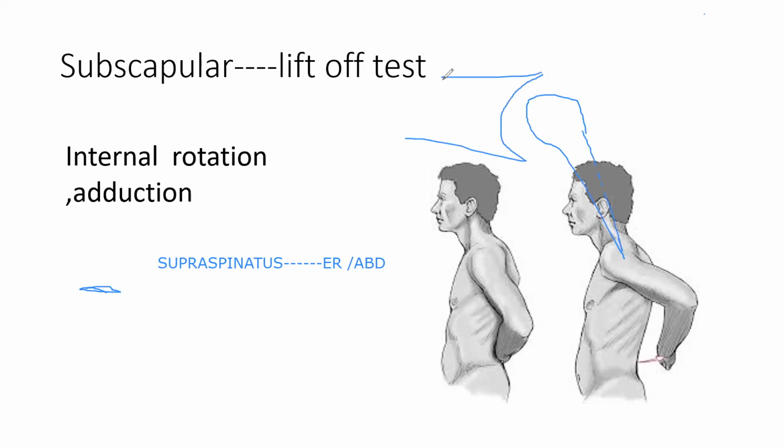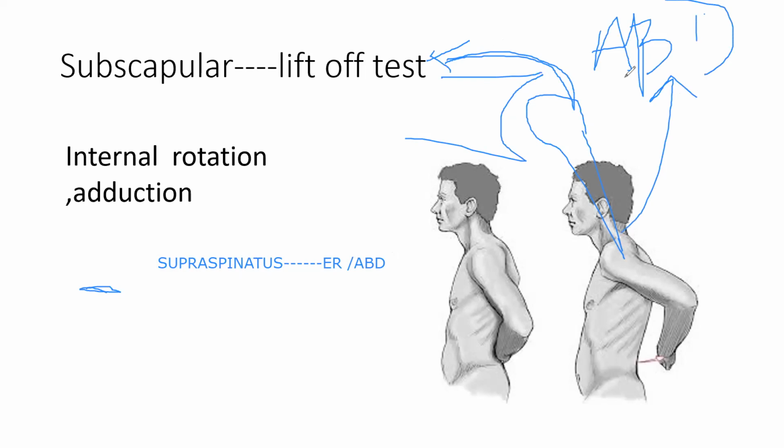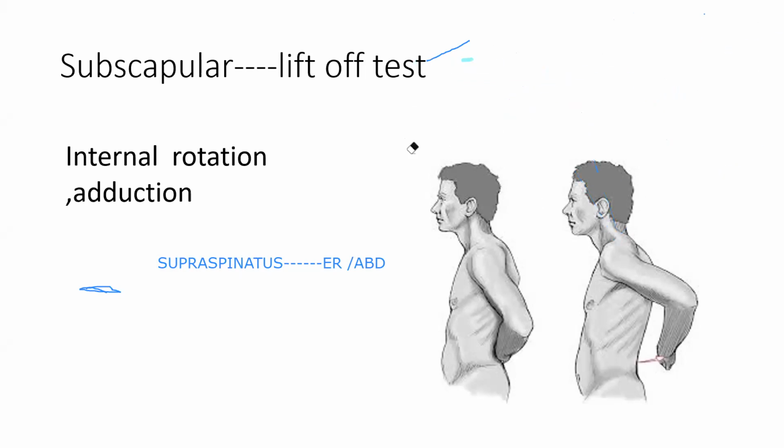The supraspinatus comes from above and attaches to this. This is the attachment. Whenever the supraspinatus pulls, the humerus goes up. So the function of the supraspinatus is abduction. The main abduction is done by the supraspinatus, so remember the supraspinatus is an abductor. What is the function of the infraspinatus and teres minor? External rotation and abduction.